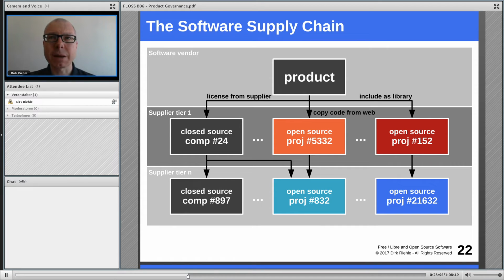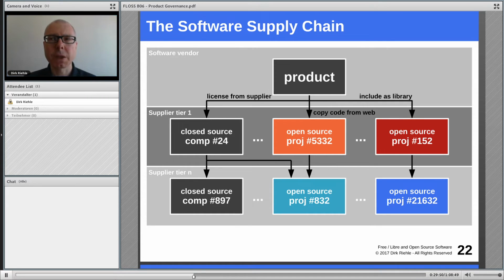But just because it says something on the outside of a package doesn't actually mean that this is what's also inside the package. So even if, say, an open source project has a permissive license, who guarantees that the developers of that open source component properly followed good open source governance rules and did not mix up their own code base with other licensed code, in a lower tier here in the supply chain? So if an unwitting developer of the product copies and pastes copyleft code into the product, the same could happen with an open source component developer who copies over code from some copyleft project into its own permissively licensed project